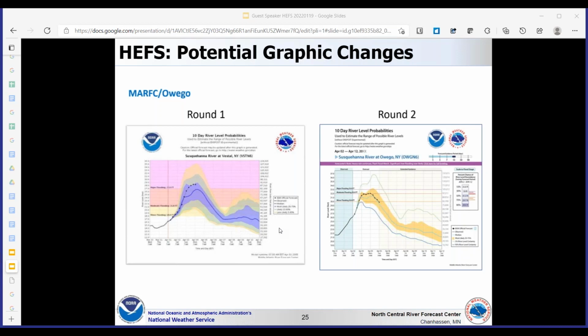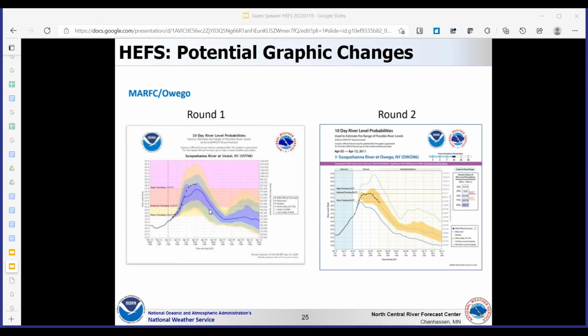We're showing a few different things here. One, we're showing the latest operational forecast for the HEFS time series. Here it's shown in these black dots. We're also showing the range of possibilities with these different colored bands. The first internal band here in blue represents the 25th to 75th percent exceedance levels.